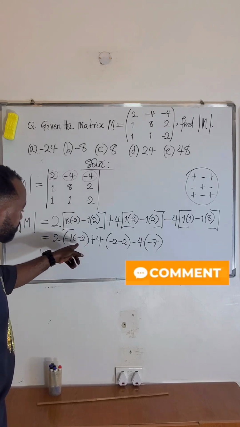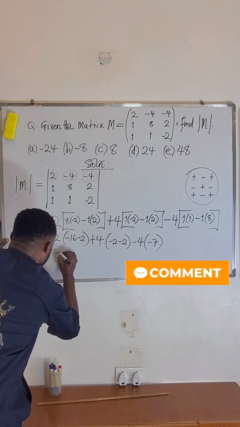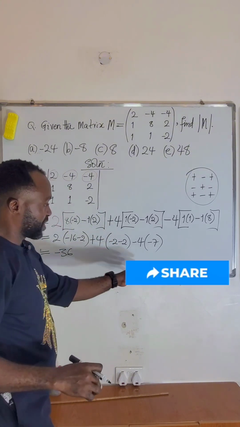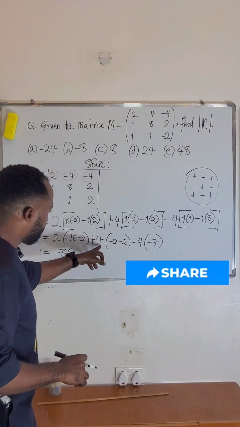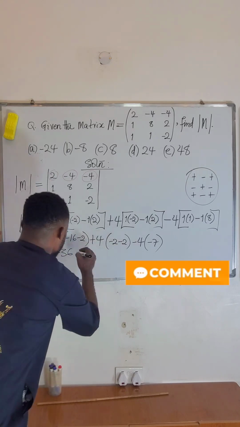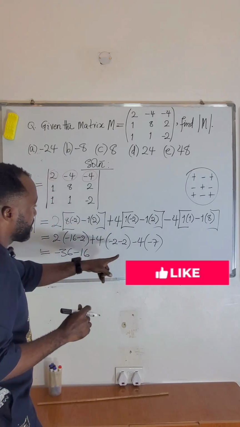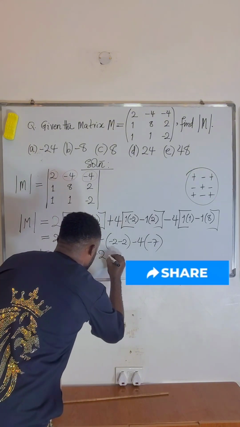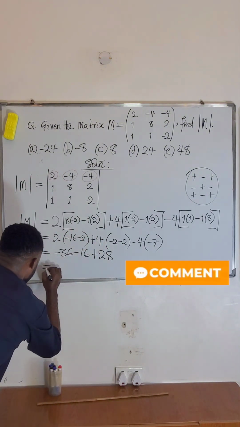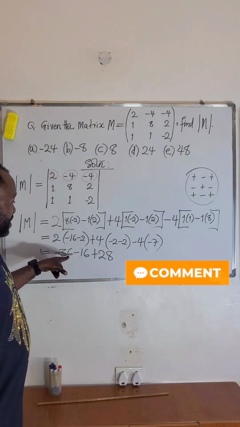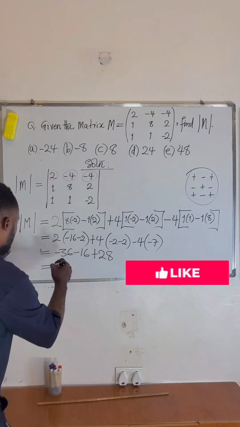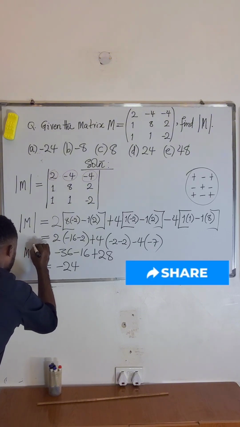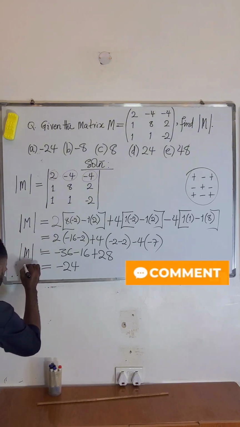If you say 2 times -18, you are going to have -36. Then 4 times -4 is -16. And then -4 times -7 is +28. Because of that, if you add -36 minus 16 plus 28, you are going to have -24. So you can see that we can now say, therefore, the determinant